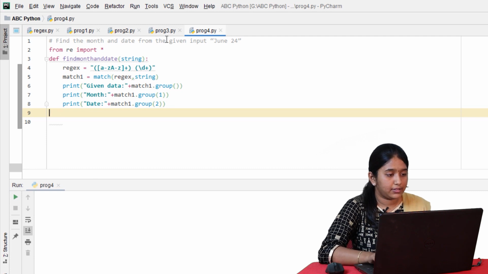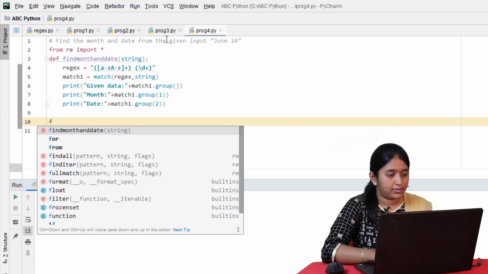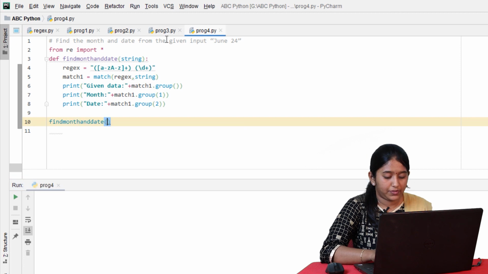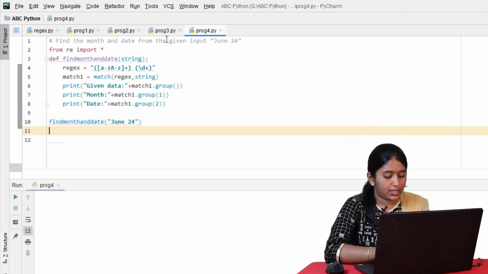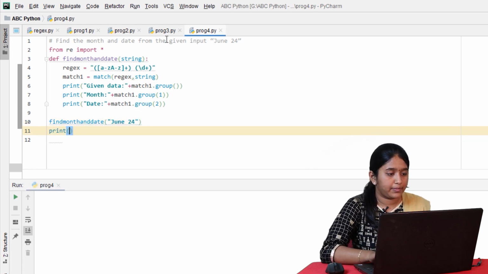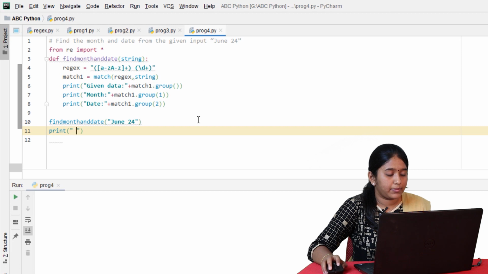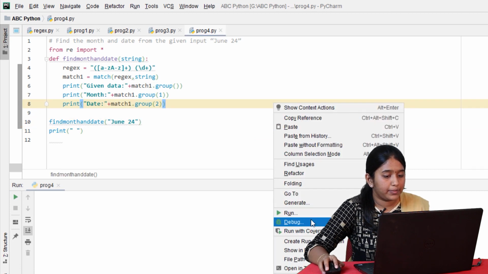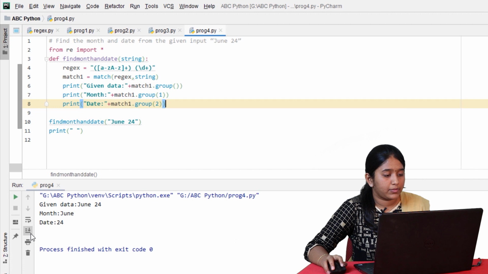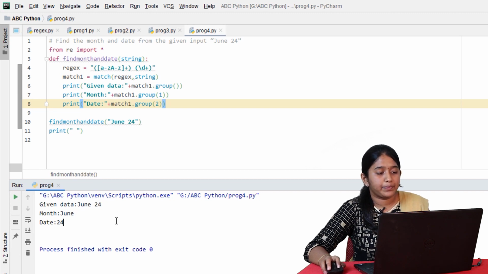Finally, let's pass the string to the function. And then print a new line. Click on run. So we got the date separately, month separately, and also display the given data.